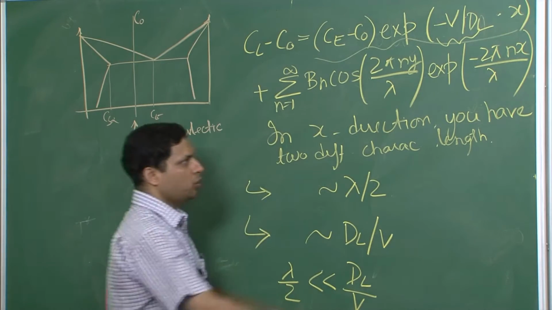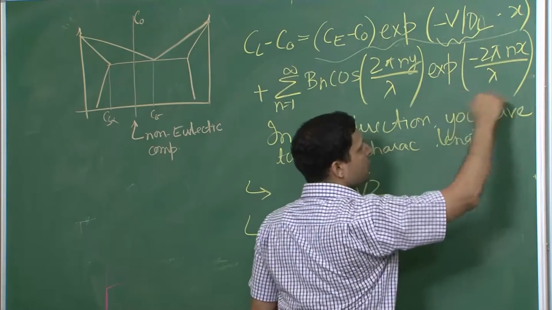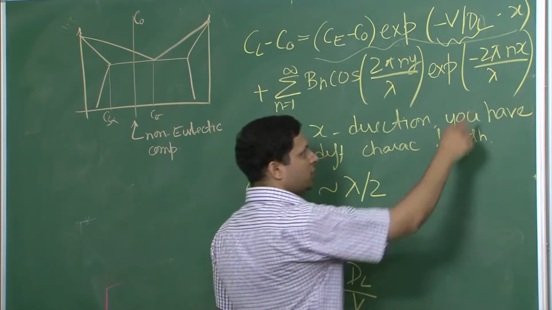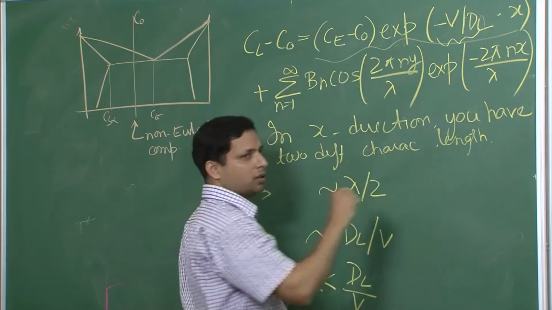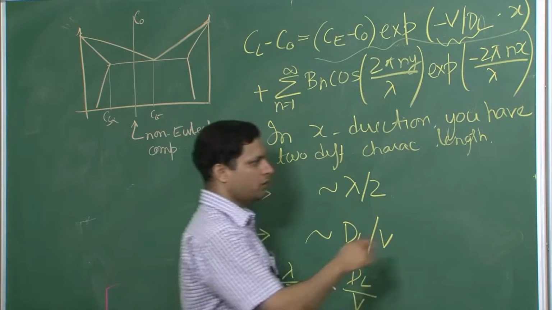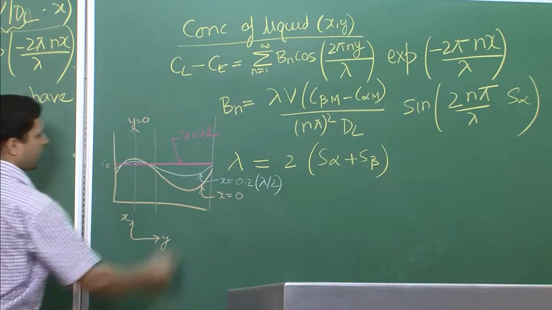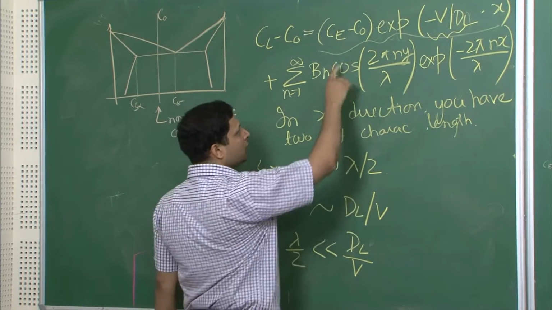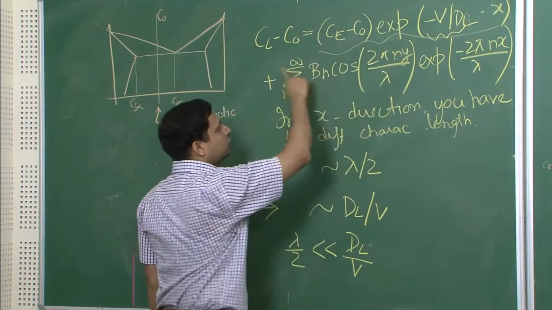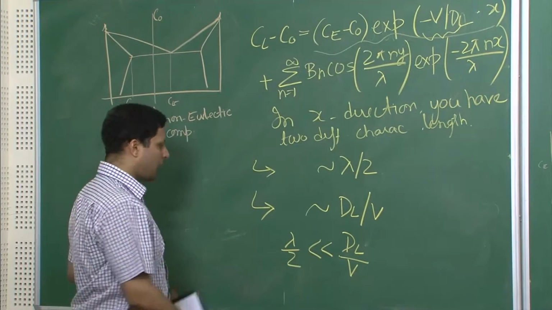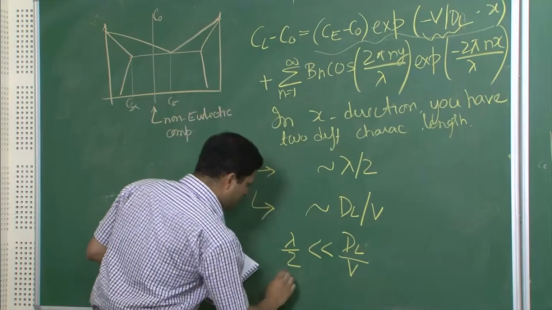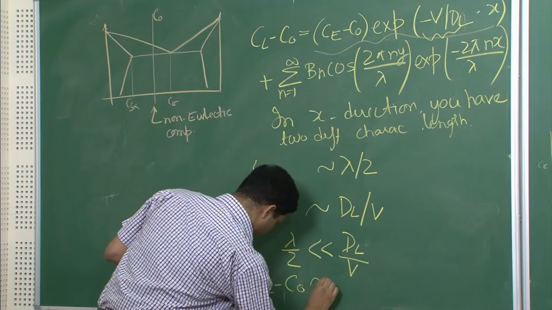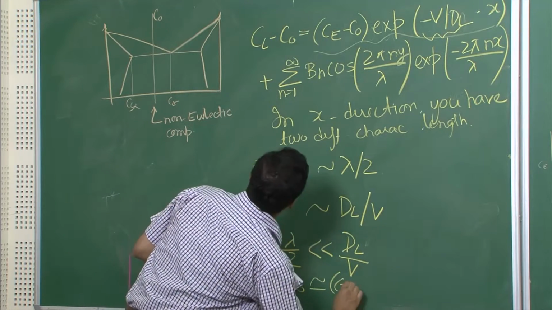Now if lambda by 2 is very small, what happens? This term becomes almost 0. Which is equivalent to saying that we are looking at a point where the amplitude is very small, and therefore this particular term becomes more important, and we can write Cl minus C naught approximately equal to